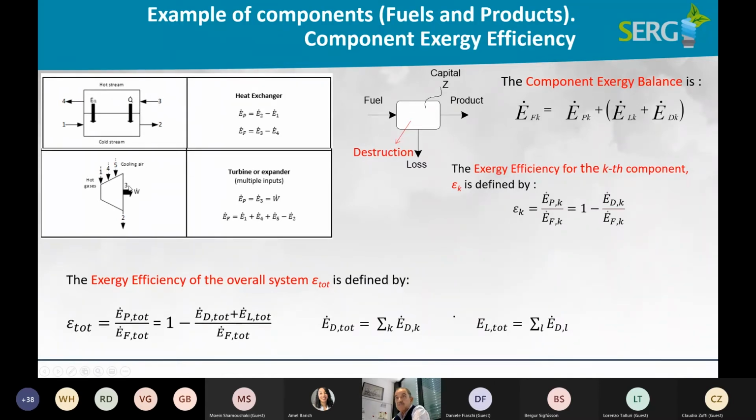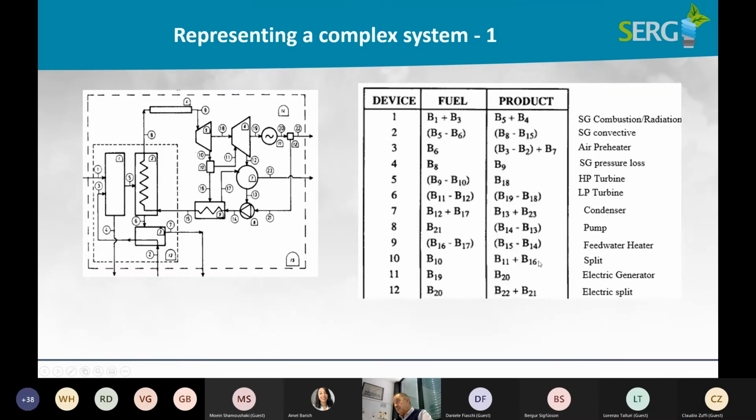And in the case of the turbine, which is a typical example, of course, the useful product is work, while the fuel you spend is the difference between the Exergy entering the system. Here we have 3 inputs and what gets out of the turbine. And of course, you can also have links to the overall Exergy efficiency and the component Exergy efficiency and so on. What does topology mean?